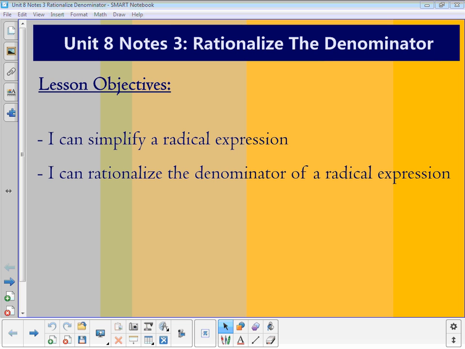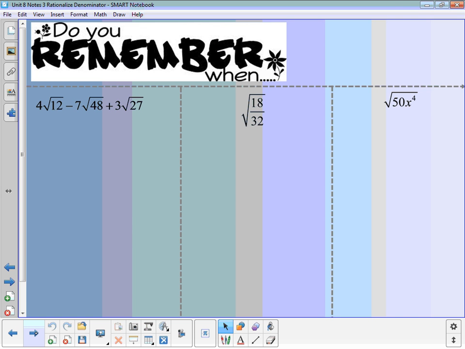Our lesson objectives today are simplifying a radical expression, which we've been doing for a few days now, and also rationalizing the denominator of a radical expression. Let's go back and review the concept we've been talking about the last few days of simplifying and combining like radicals. If I were going to simplify the first one in number 1, I need to break